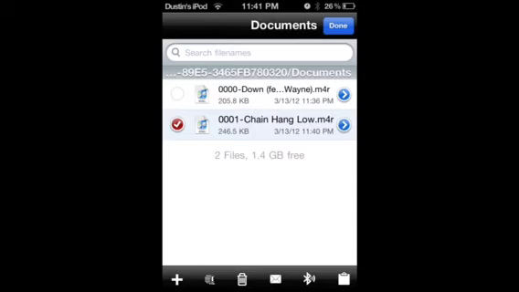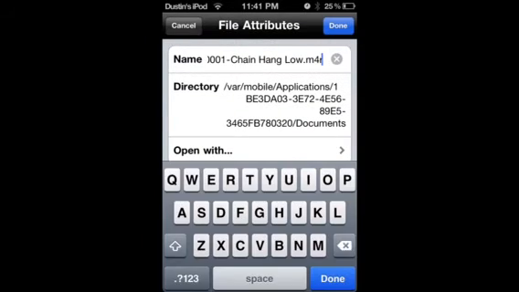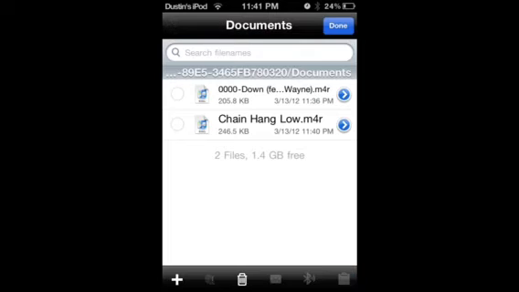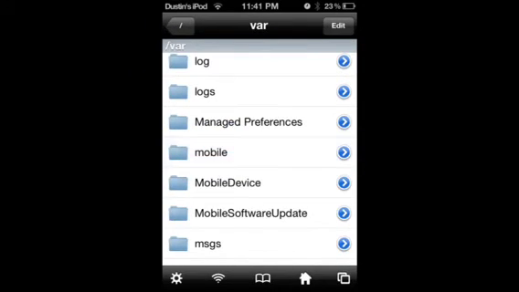We're gonna want to go to Edit, click the one that you want to make into your ringtone, and then hit the thing down there. I'm gonna go ahead and change the name, take off the 0000. Now you hit Edit, you check it, and then there's like a little clipboard thing in the right corner. You click it, and then you cut it.